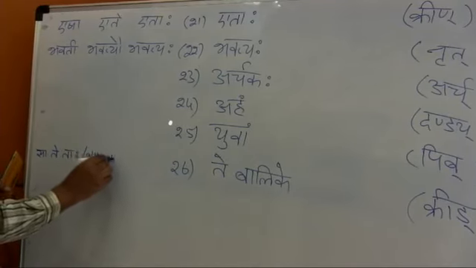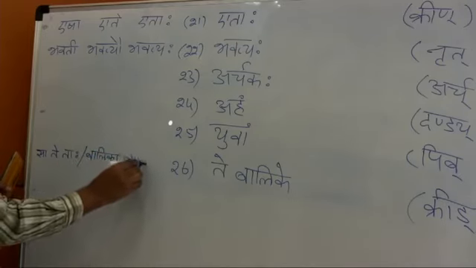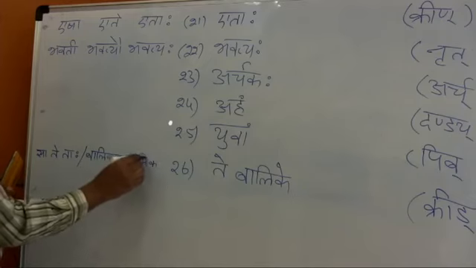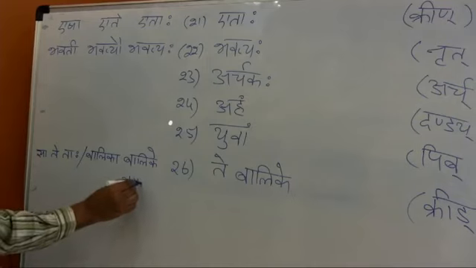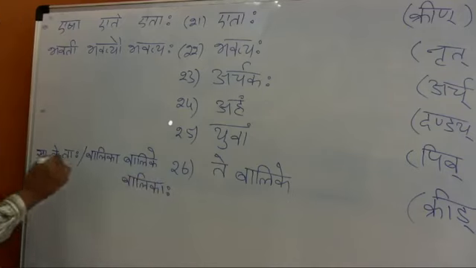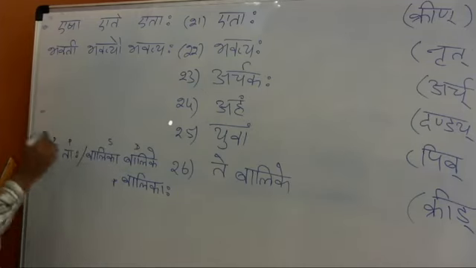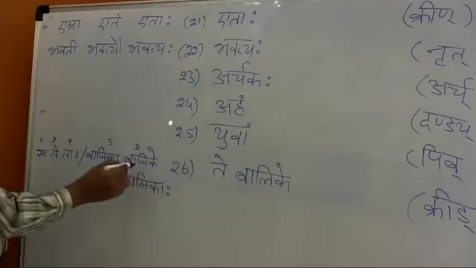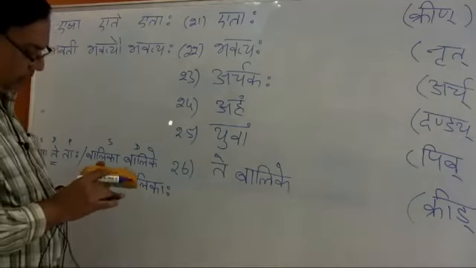Balika singular, balike dual, and the plural would be balikaha, which is not here but only for you. So this is singular, this is dual, this is plural. Now balike is dvivachana, te is dvivachana. So no confusion here. Now we go to the verb part.